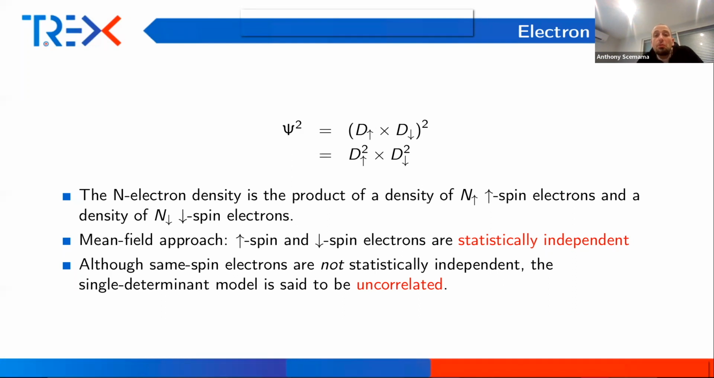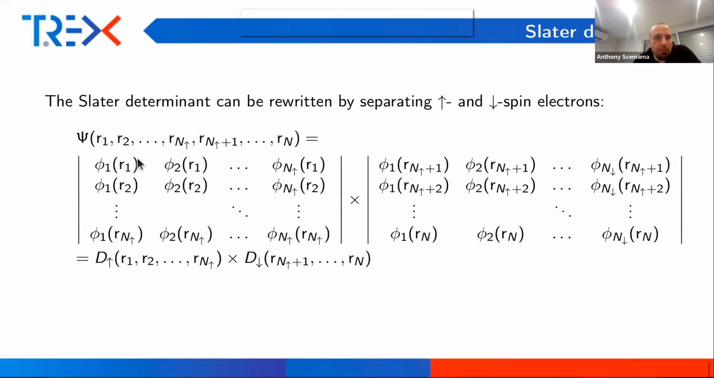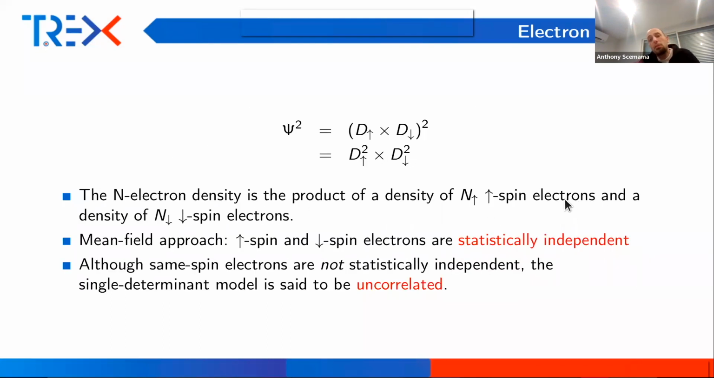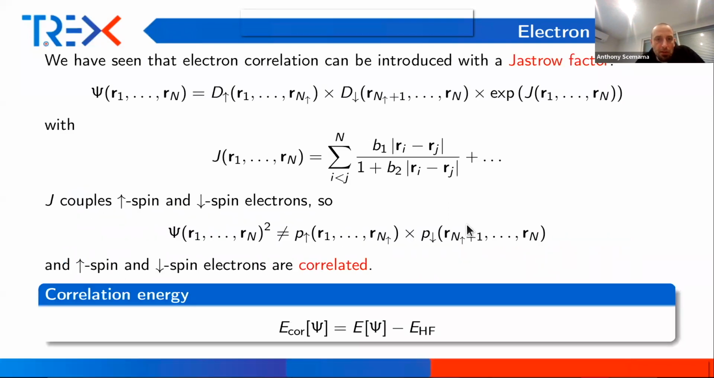uncorrelated. But you have to keep in mind that usually we say there is no electron correlation, but it's not exactly true in the statistical sense. Let me go back here. Your upspin electrons are not statistically independent of each other because of the antisymmetry, and the downspin also are not independent of each other. It's just that the upspin don't see the downspin individually. Okay, so that's it. And so now when we take this wave function, which is a product of these two determinants,